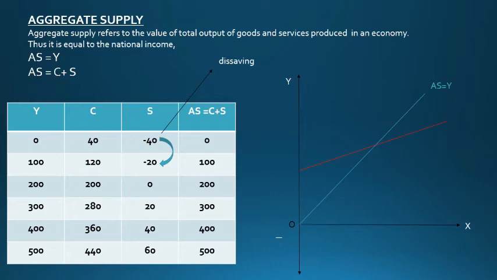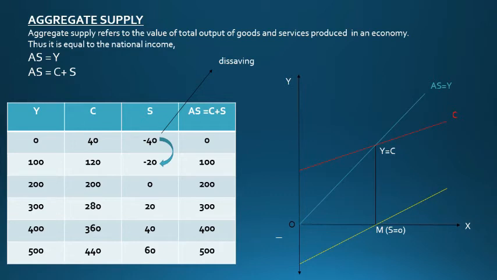And as we know, the consumption does not start from the origin. Why? Because of autonomous consumption, it starts from above the origin, intersecting at a point which is known as the break-even point. From that point, we draw a perpendicular line touching the x-axis, indicating that the savings is 0.